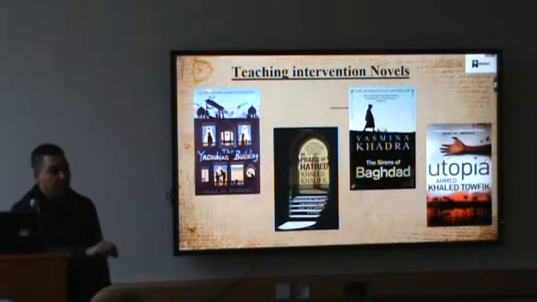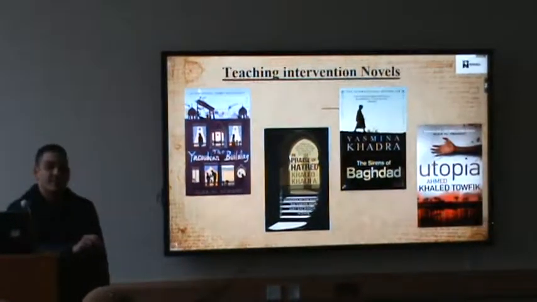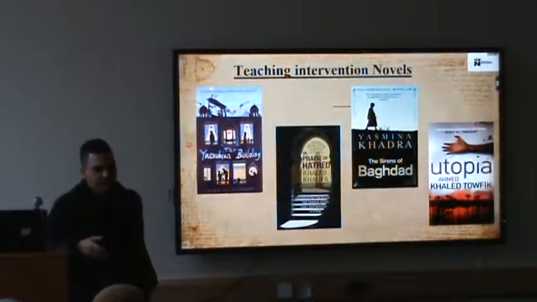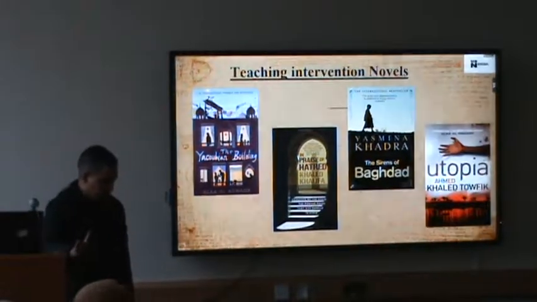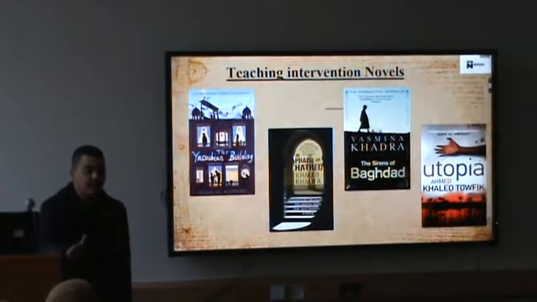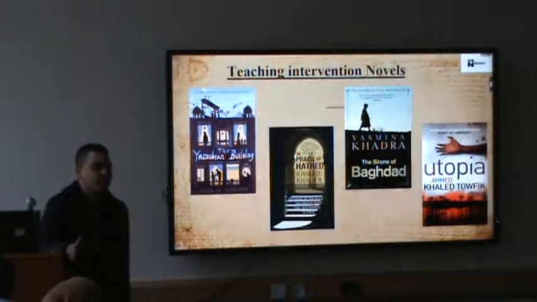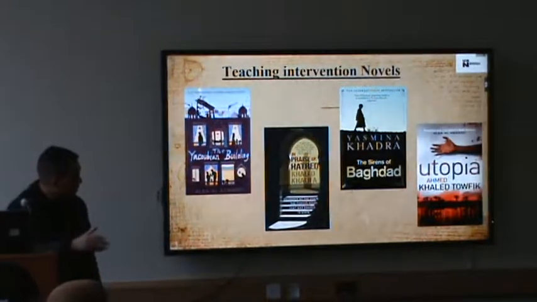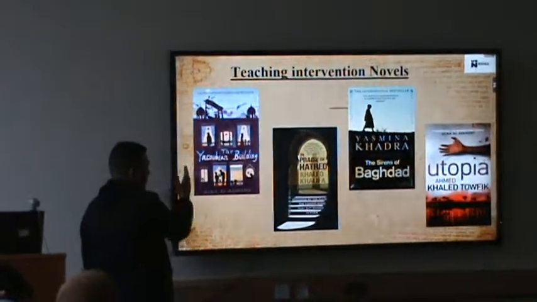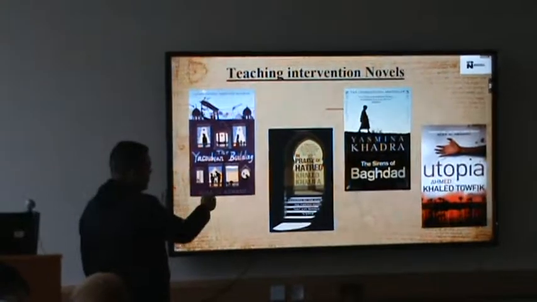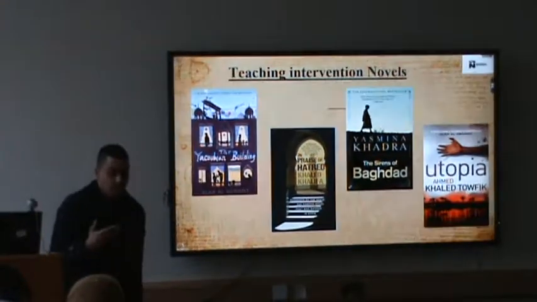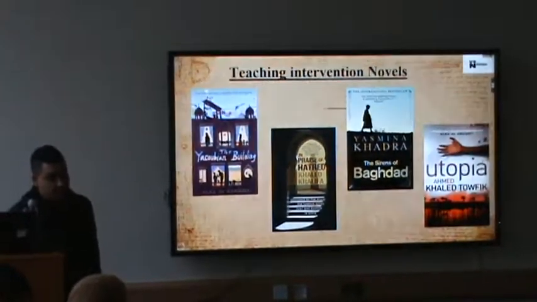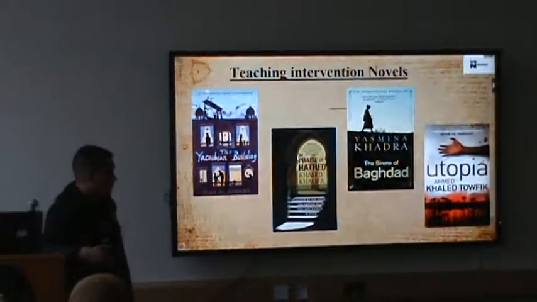Those novels were chosen in a careful way, because they reflect our history in Algeria, and every novel talks about something that happened there. As we can see, the first one happened before the Black Decade, the manifestation of the 5th of October in Algeria in 1988. So it contextualizes what happened. And this one talks about the Black Decade, when we don't know anything about what happened. People are killing each other. Some of them are called jihadists, some are called army, so we don't know anything.